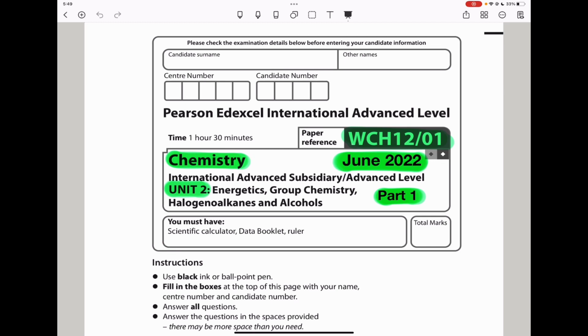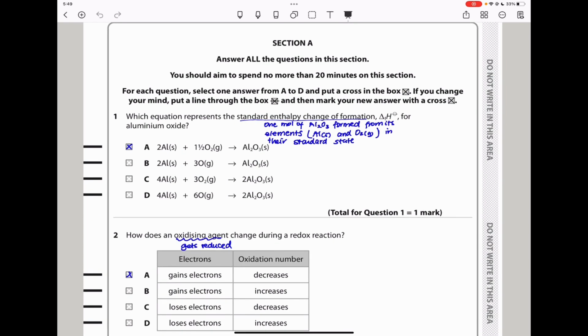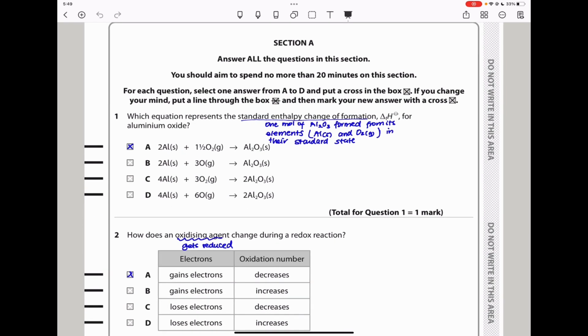Today we are doing the Pearson Edexcel International A-Level Chemistry, Unit 2 for June 2022. I will do this paper in three parts. There will be a part 1, a part 2, and a part 3, comprising the three different sections of the paper, and I'll put the links to part 2 and part 3 videos below in the description box of this video. Let's begin. Question 1 says, which equation represents the standard enthalpy change of formation, ΔfH theta,